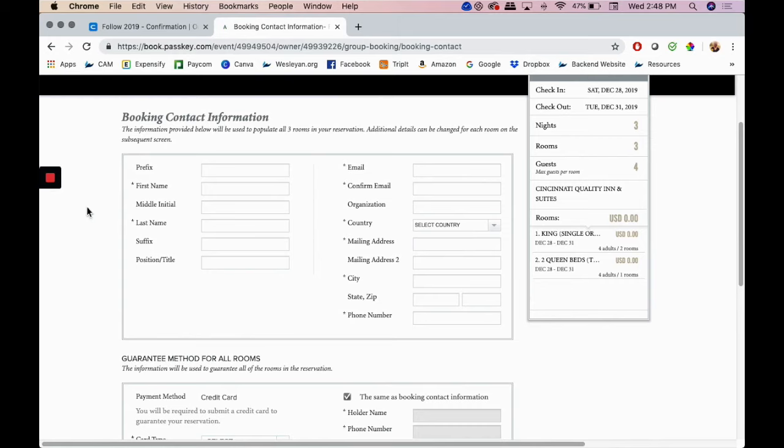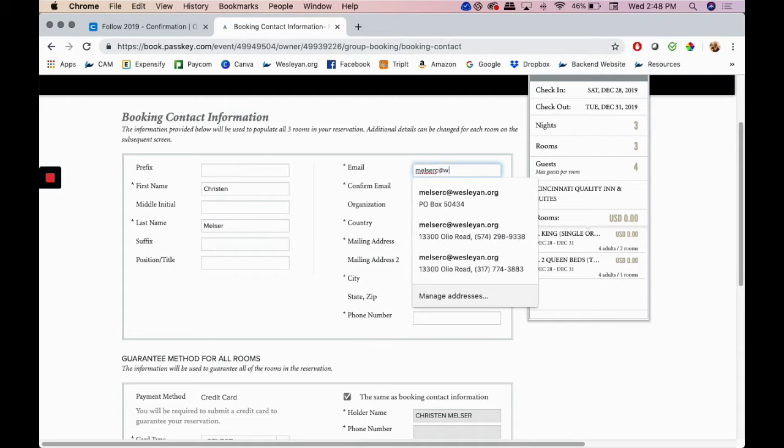All right, so here is the page for booking contact information. This is the information needed from the primary registrant. So whoever is that main contact that's going to be reserving all these hotel rooms, this is where you'll need to enter in your own information. So I'm going to put my name, your last name's needed, my email,